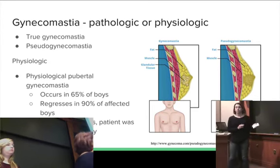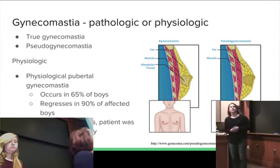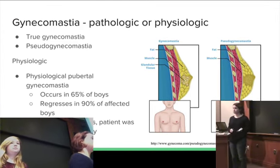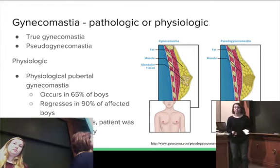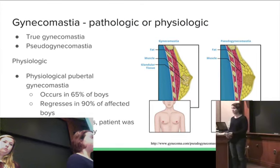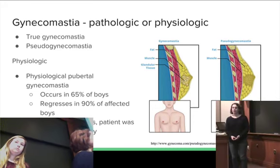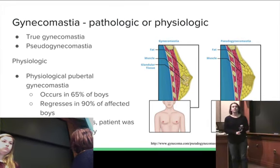Gynecomastia can be physiologic or pathologic, and so they looked into physiological pubertal gynecomastia, which occurs when the estrogen levels reach adult level while the androgen levels are still in pubertal levels, and that leads to the growth of glandular tissue in the breast. This occurs in approximately 65% of boys. It's very common. Usually it peaks around ages 13, 14, and it regresses spontaneously in 90% of those affected. This seemed unlikely to be his diagnosis, though, because he was not yet in true puberty. He was 8 years old, and all of his hormone and physical signs did not suggest that he had begun